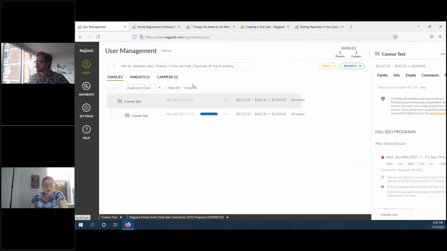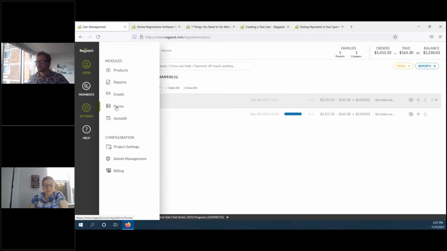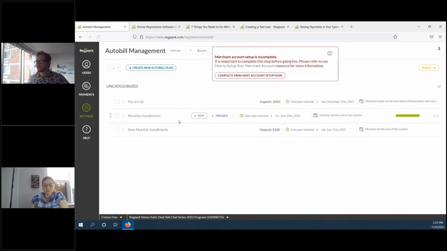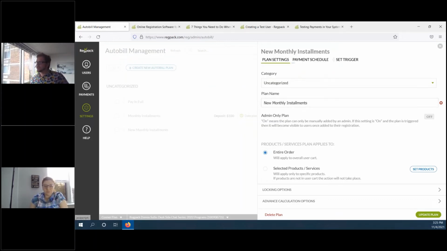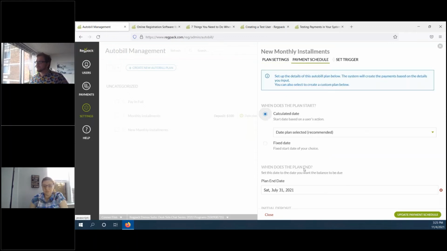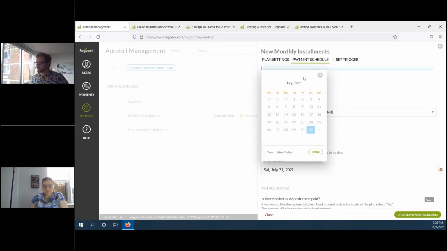Okay. So let's go back to where we can update the forms and the auto bill plans. I'll just start briefly with the auto bill plans, the new monthly installments. There we go. That sort of confirms what I was looking at, where it was showing a monthly plan where it was making me pay in full today, and that's because I haven't updated the end dates yet. So if I wanted to make sure that this additional plan was enabled the way I want it to, as monthly installments, I would just update the payment schedule and then make sure we have